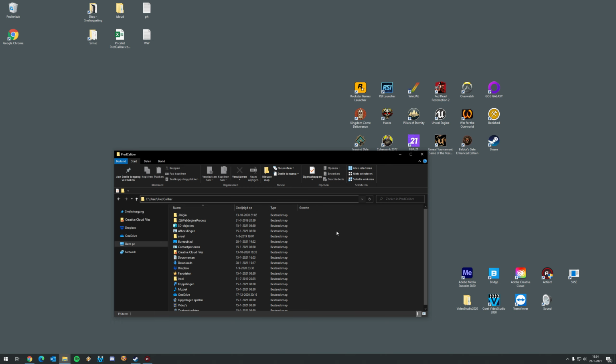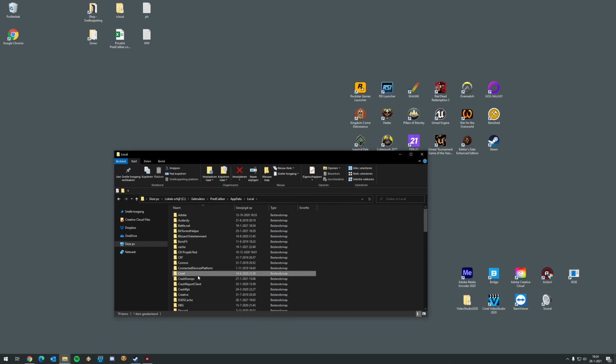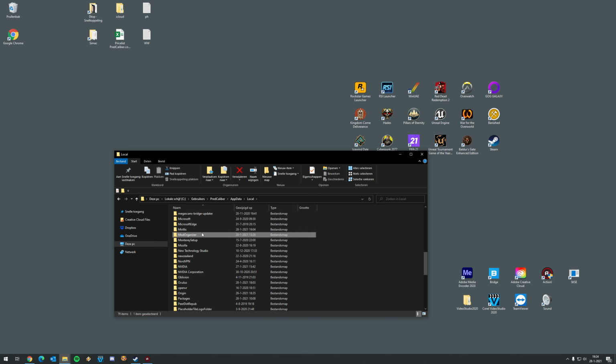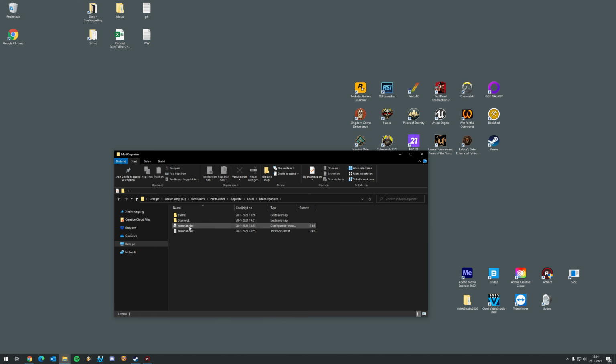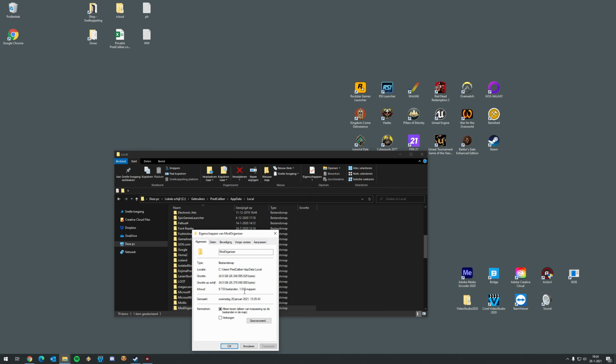And you want to go to this hidden folder, that's /appdata. And you want to go to local, and from here you want to go to Mod Organizer as well, because this is actually the hidden folder where Mod Organizer installs and manages all of its stuff. And as you can see, if we check the properties of this folder, it has all my installed mods here,